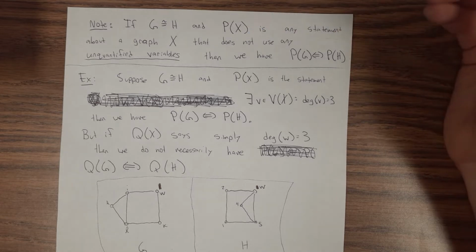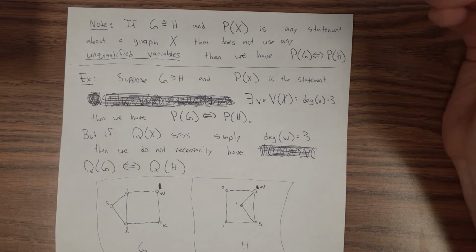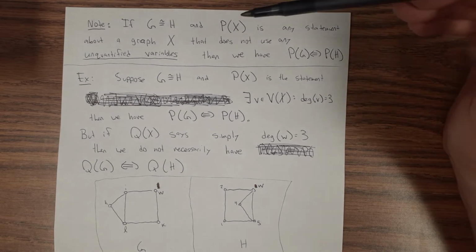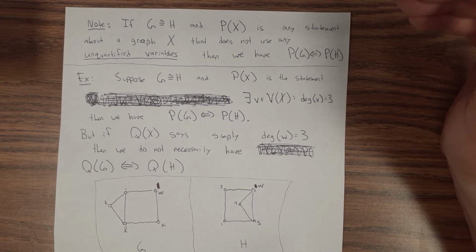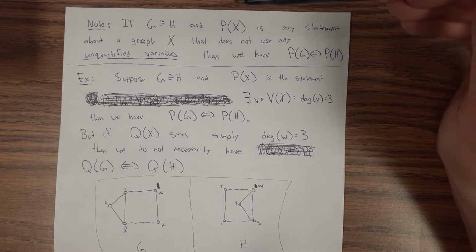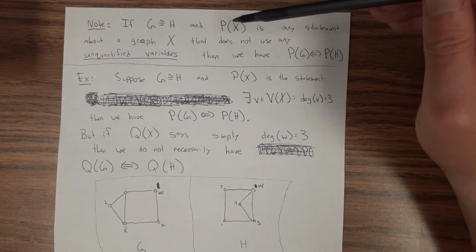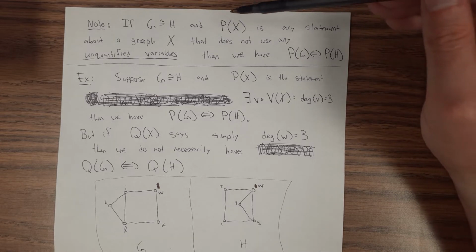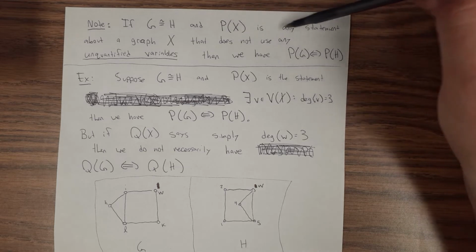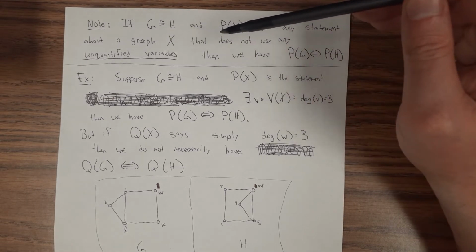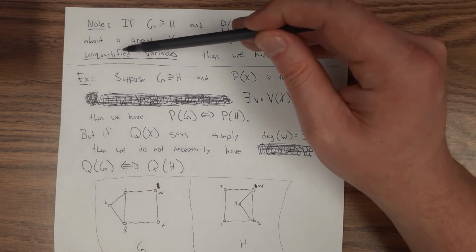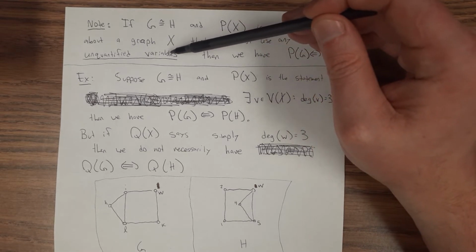For example, it could be any statement. It could be the statement, this graph has 5 vertices, or it could be the statement, this graph has 10 edges, or this graph has a vertex of degree 7. These are statements about graphs. And in particular, if it's a statement that doesn't use any unquantified variables,